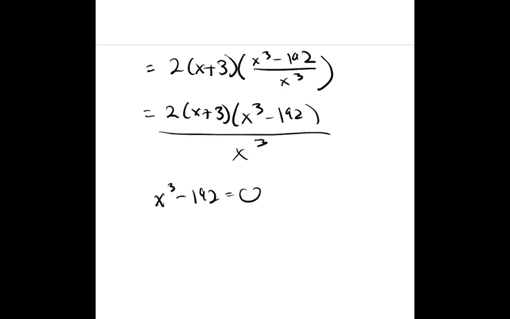If we solve, add, x cubed equals 192. So then x is approximately,